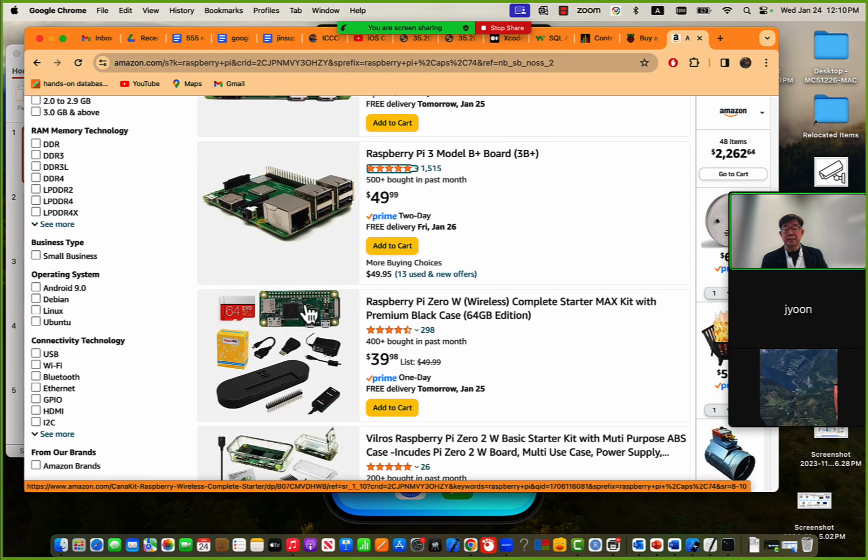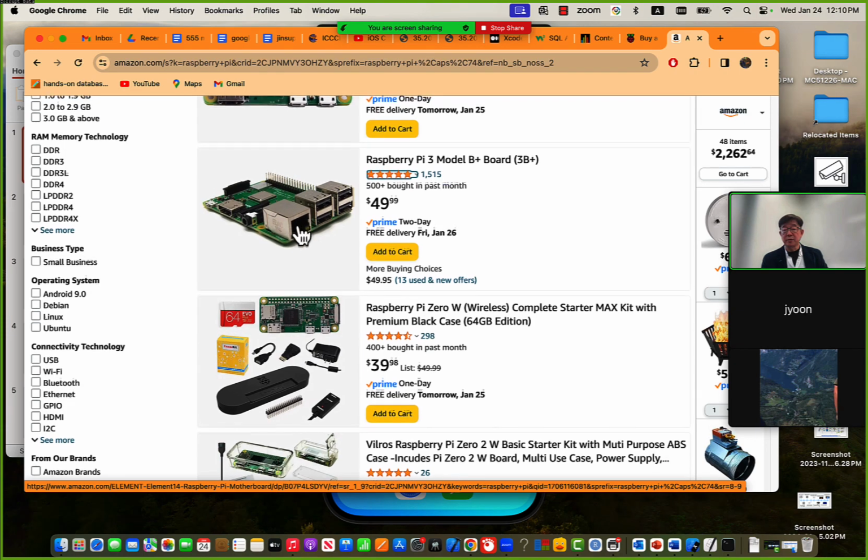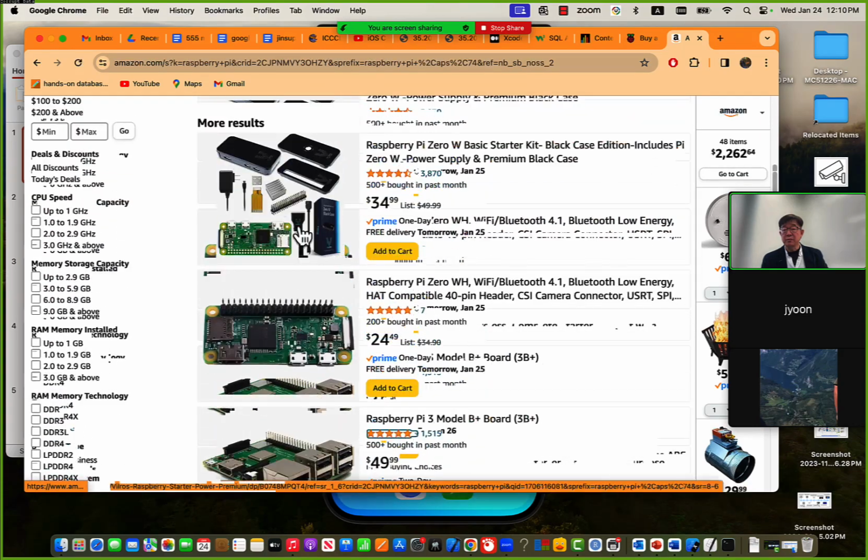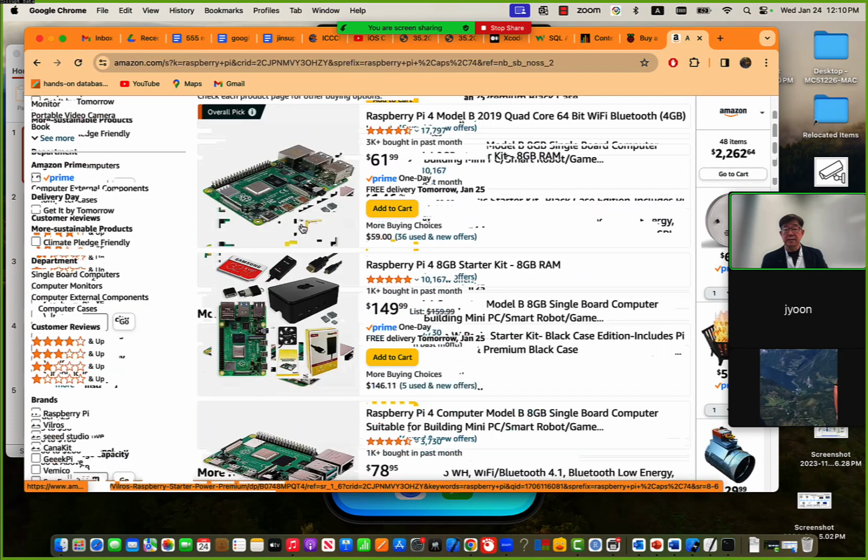There's a lot of restrictions. Please do not try with this, although this is cheap. You guys need USB and Ethernet. Ethernet is optional, you don't need it usually. But sometimes I use this Ethernet